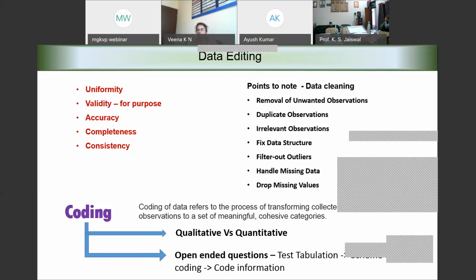And if the questions are open-ended questions, then the coding comes later, because we may not know what type of answers are going to be given by the respondents. So the respondents' responses will be tabulated. It's like a test tabulation. Means we try to collate all the answers and put them into different categories. And based on that, develop a scheme of coding. And using that scheme of coding, code the remaining information.